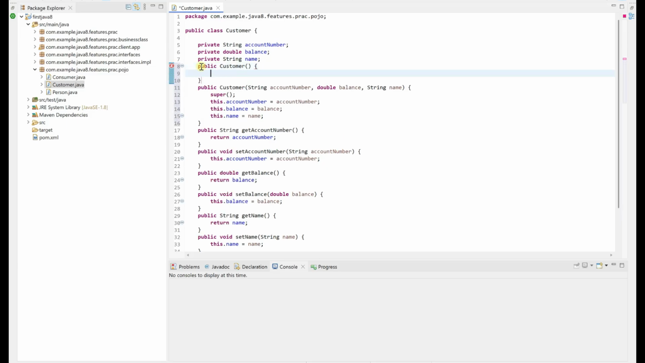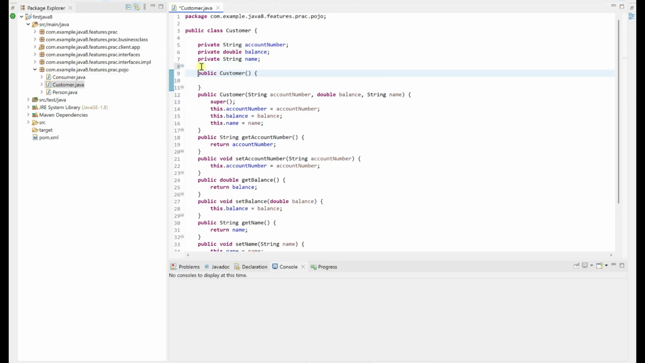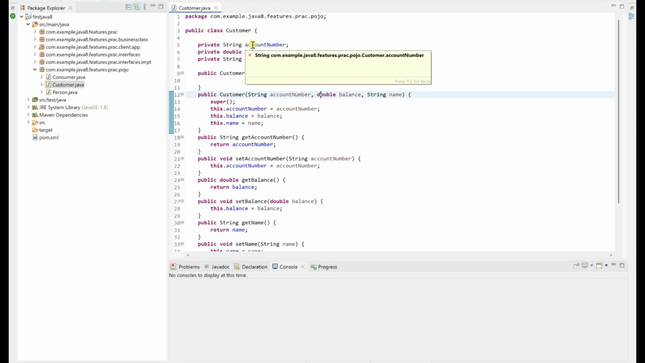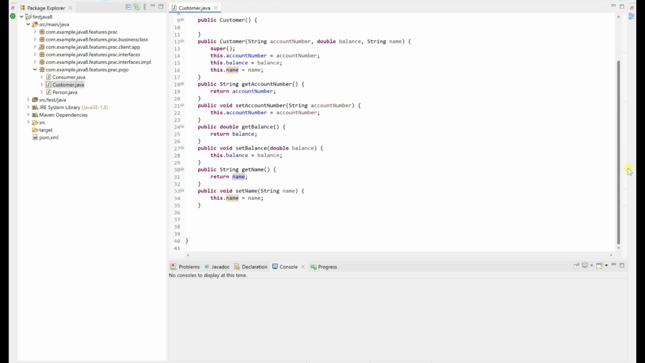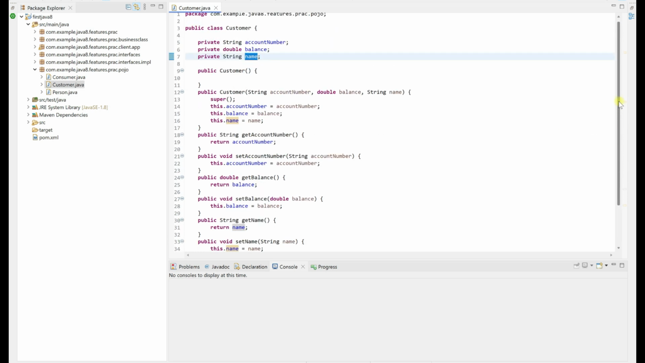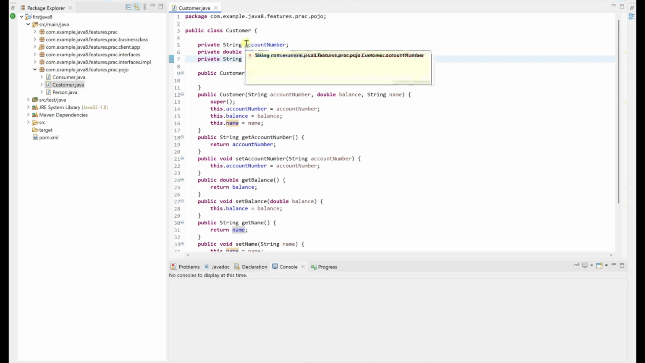So always keep in mind, it is mandatory to create the default constructor when we are creating the param constructor. Fine, that's fine. So we have created the customer class. The customer class will be having account number, balance, name, and we have generated the setters and getters. Okay, now what I'll do is, I'll be creating a